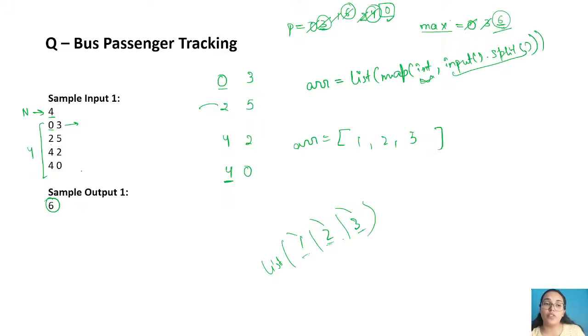Now in the same way, if you want to take the input of two numbers in two different variables, in that case you have to use two different variable names. So let's say I want to store it in a comma b. So I have to write a comma b, then now I don't want it in a list format, so you can remove that list function and you can directly start with the map function. And now the logic will be the same.